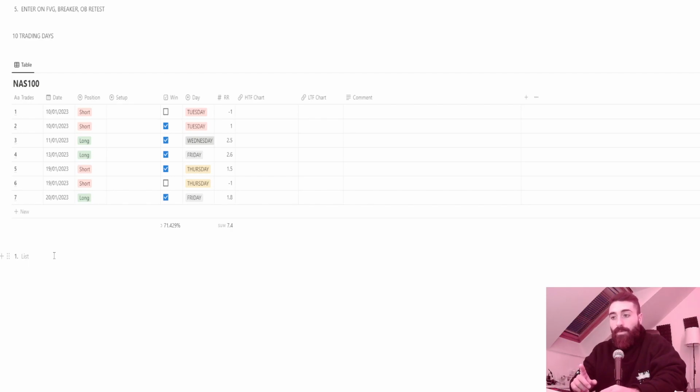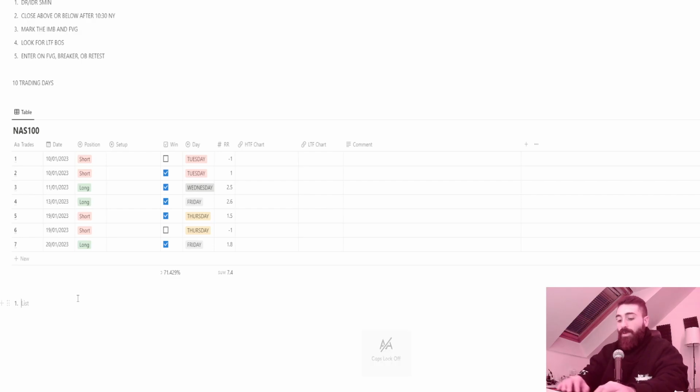Okay, so this could affect a little bit the stats and the performance of the DR IDR, because as master says that we cannot use it with the news days, but news are usually around 2:30 and we are trading at 9:30 open. Okay, number 1, we always have to wait till 10:30, which limits our trading setups that